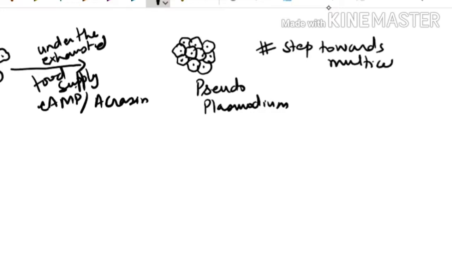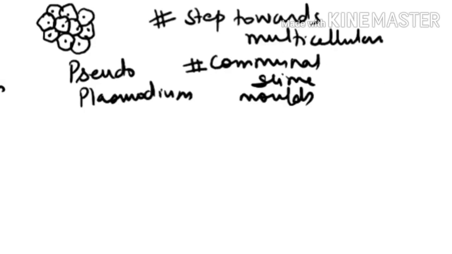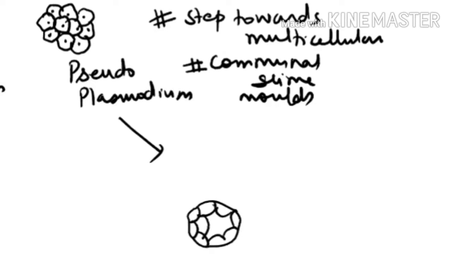They are now going to make a community, so we call them communal slime molds also. Communal slime molds. This much is clear. Now, when they have to make a fruiting body, this communal slime mold, I'm just drawing it this way. They all are myxamoebae only. You can understand also, they all are myxamoebae.